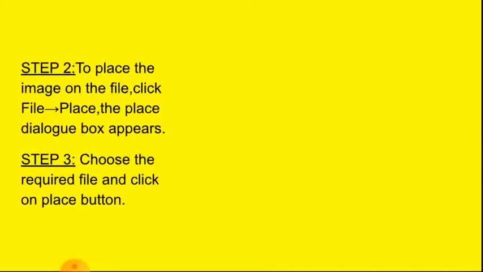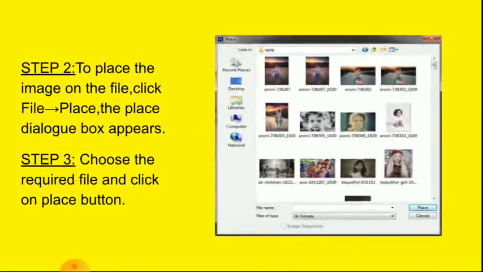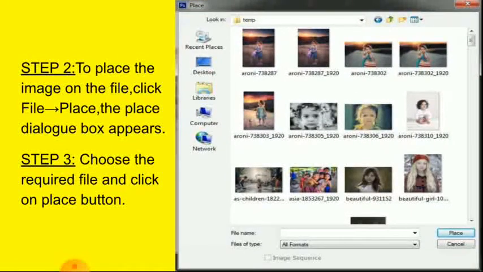To place the image on the file, click File, Place. The Place dialog box appears. Choose the required file and click on Place button. To place the image on the file, you have to click on File, Place. The Place dialog box will appear as shown in the image. Choose the required file and click on Place button.